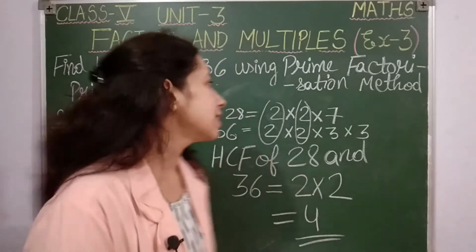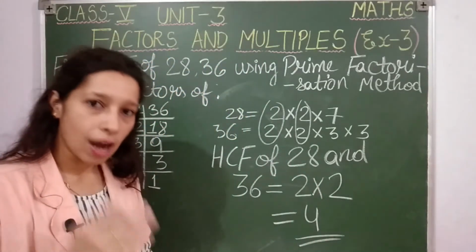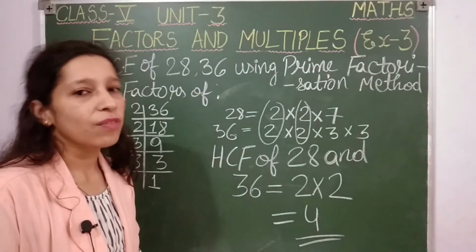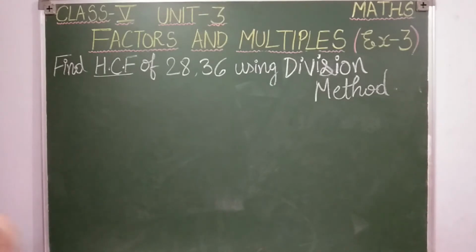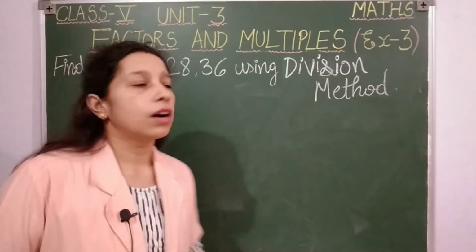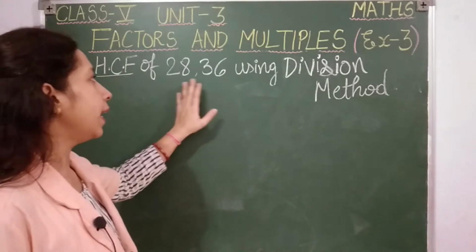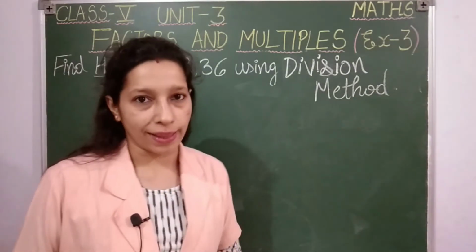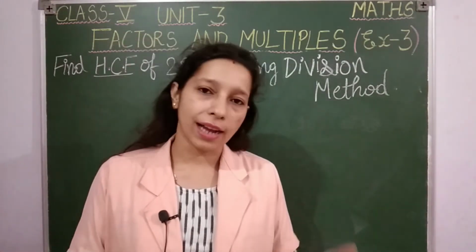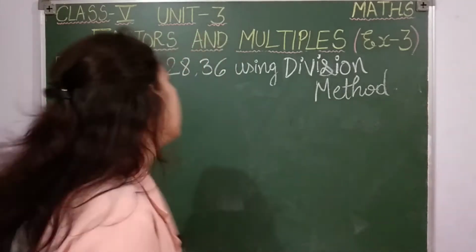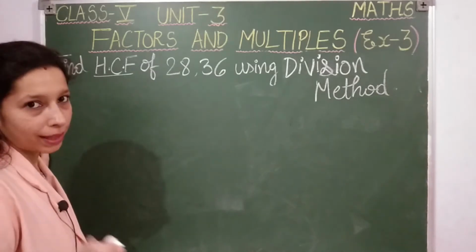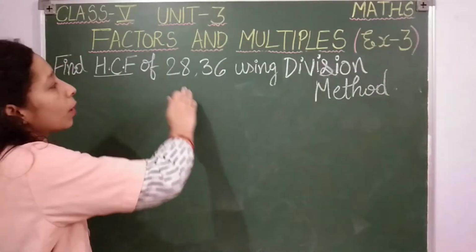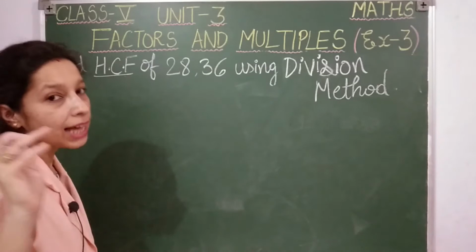Okay. Now you can note this, and now let us see our third method, HCF by division method. You can note this example. So students, our third method, find HCF of 28 and 36 using division method. You know how to divide, na? That's all you are going to do here. Look, always remember, when you are finding the HCF using division method, whether it be any number of numbers given to you, first you will take the highest number.